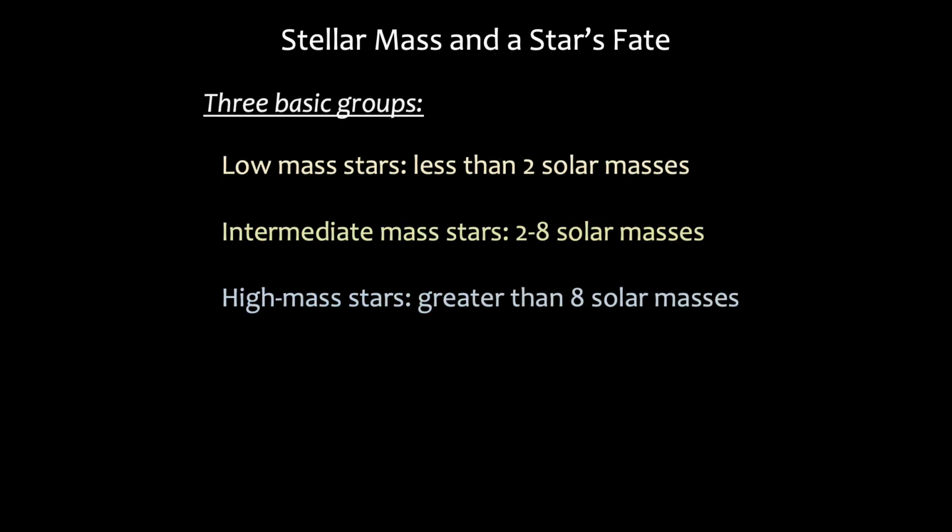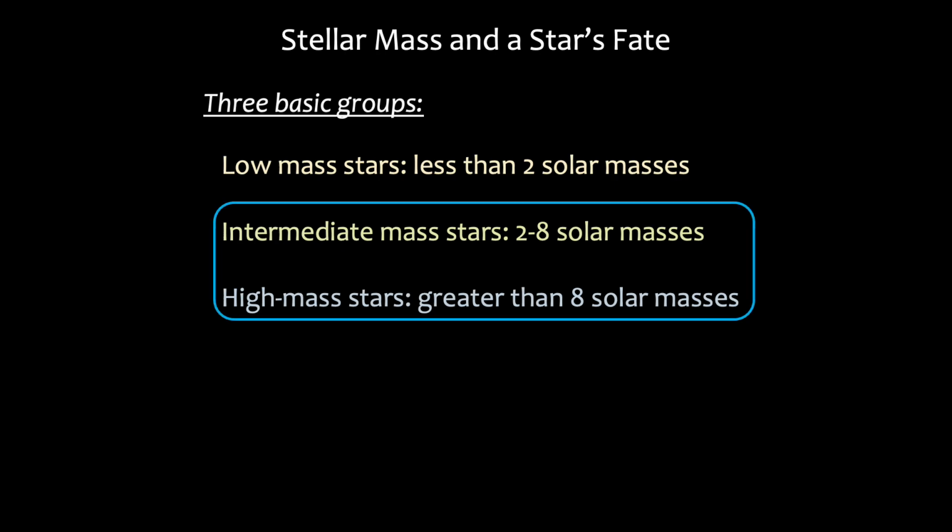We can divide stars into three basic groups by mass. Low mass stars are stars born with less than about 2 solar masses of material. Intermediate mass stars have birth masses between about 2 and 8 solar masses. High mass stars are stars born with masses greater than about 8 solar masses, and they have different evolutionary outcomes, okay? Now, the life stages of intermediate mass stars are quite similar to the corresponding stages of high mass stars